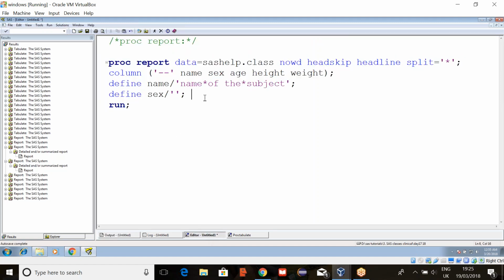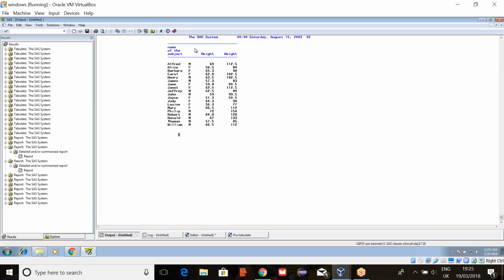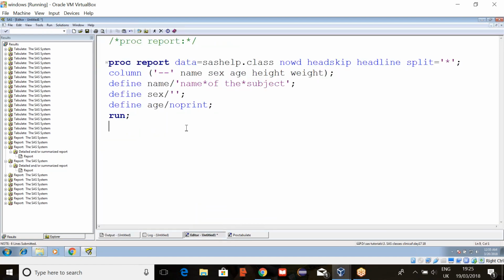Completely, if you want to remove the entire column, here define age slash write noprint. It will remove that age column. See, there is no variable age here. Are you guys clear?